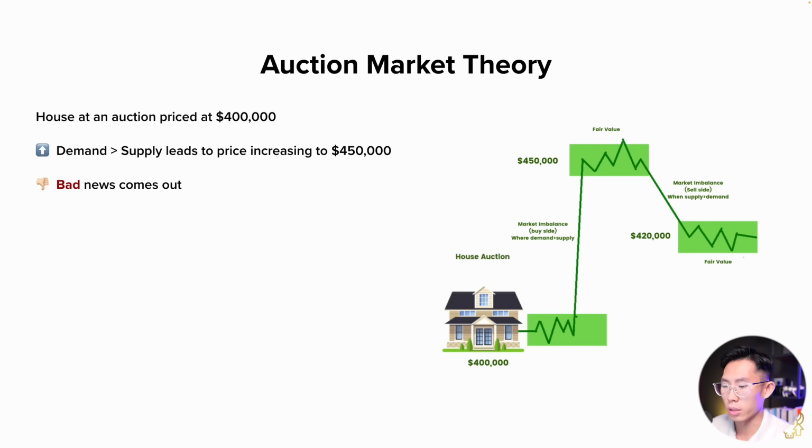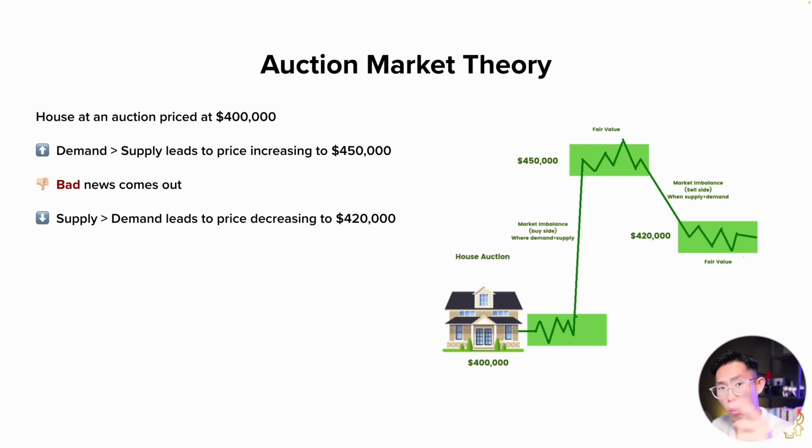Boom! When this happens, people start backing out. Yeah, come on, man. This is what I expected, and this is what I get. Doesn't make any sense. So people start backing out, and since fewer people want the house now, supply exceeds demand, right? And this causes the price of the house to drop to $420,000,